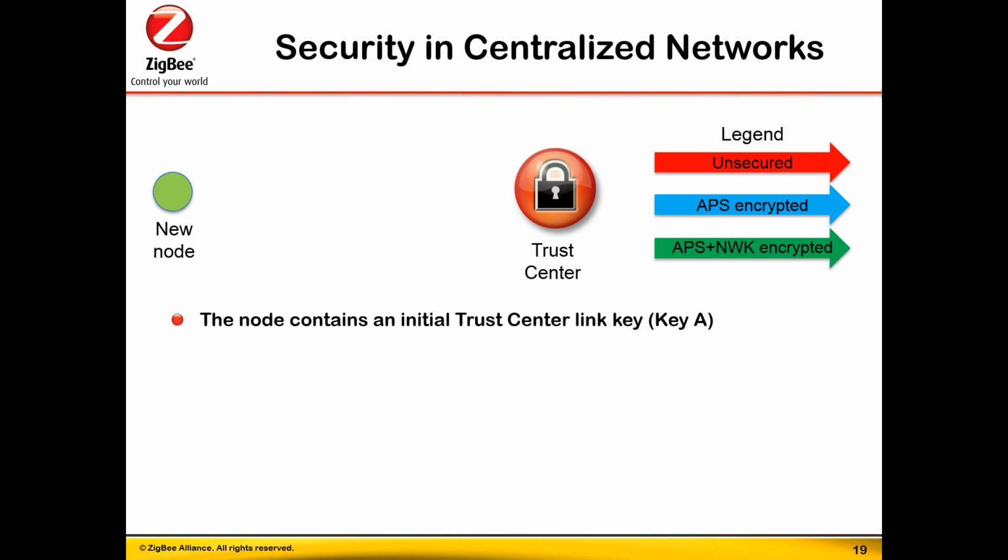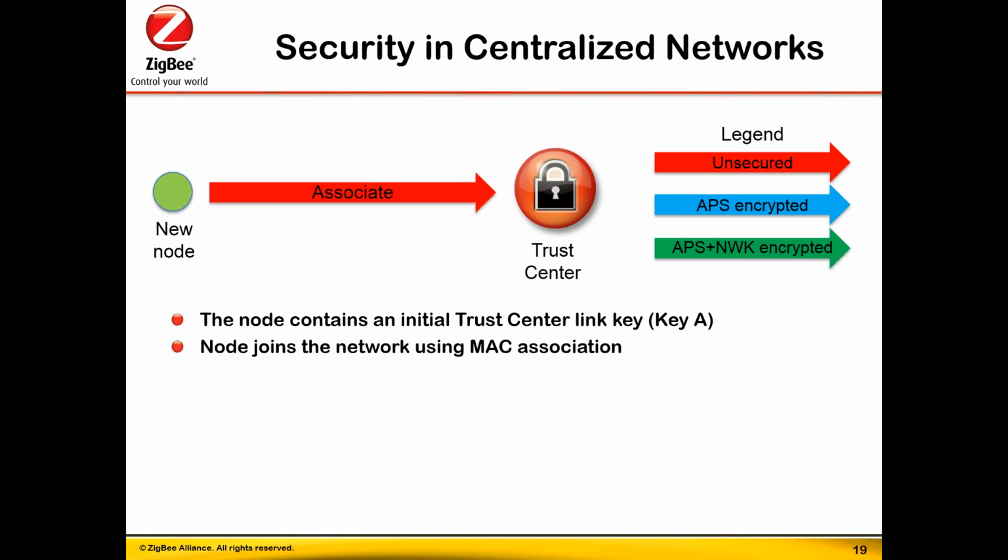Okay, a little bit about security in centralized networks. We have quite an exchange of messages here in order to establish the communication between the two. Here we've got a trust center on a centralized network and a new node that is about to join the network. And each device has an initial trust center link key, called it key A. And that might be a well-known key, or it might be derived from an out-of-band mechanism, such as an installation code. So the first thing that device will do on the next step is associate with a network in exactly the same way as I talked about in network steering, and that's an unsecured message because that's a 15.4 communication